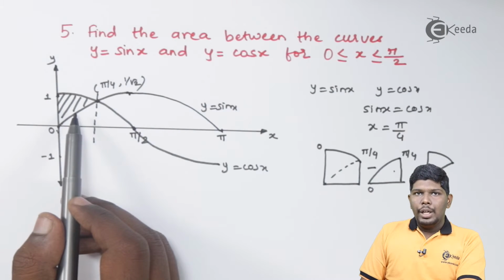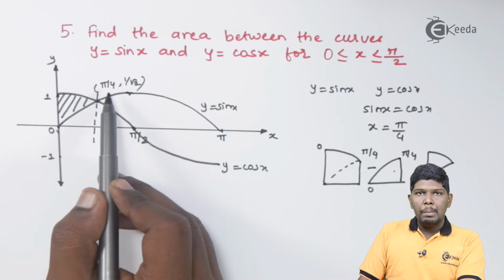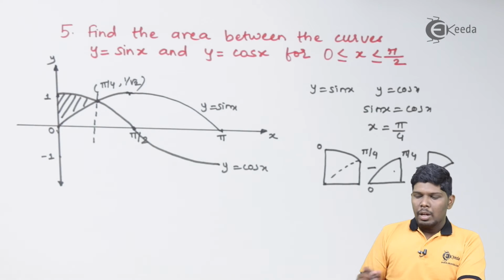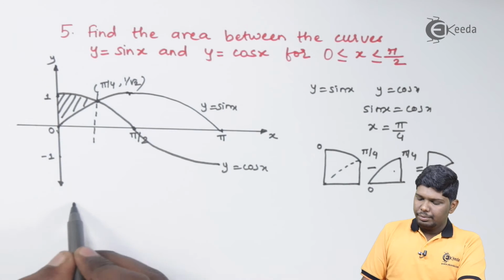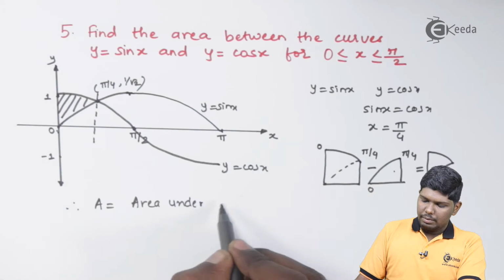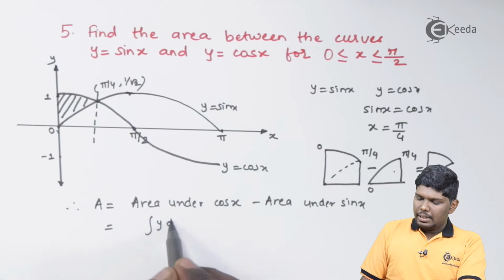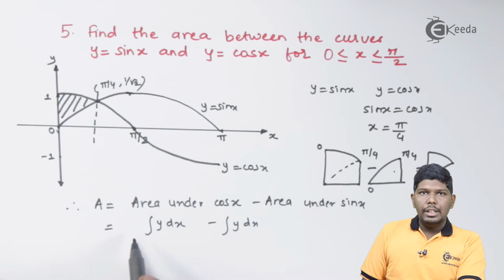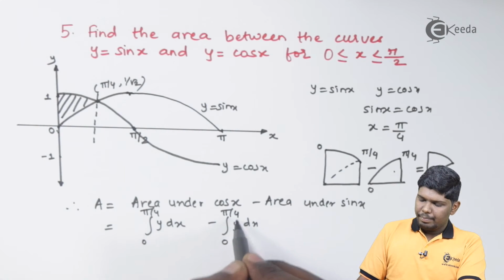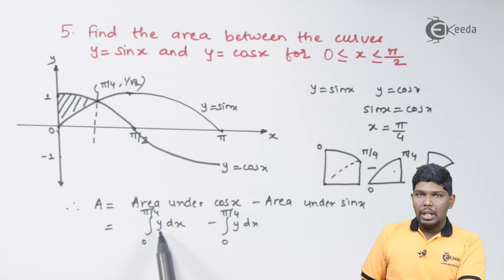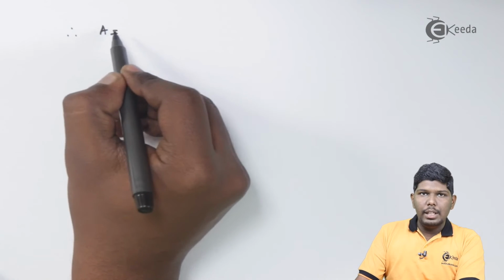To calculate this area, we need to find area under cos x from 0 to pi by 4 and subtract it from area under sin x again from 0 to pi by 4. Both the areas are formed with respect to x-axis, therefore the formula will be integral y dx and the limits of x will be 0 to pi by 4. Both will have integral y dx as their formulas. Limits will be also same. Now to find the value of y, we'll use that equation where y is equal to cos x. So this will give you cos x and this will give you sin x. Therefore A is equal to